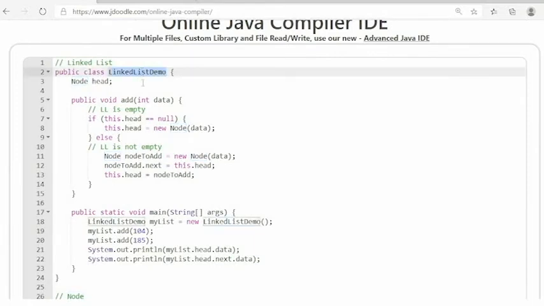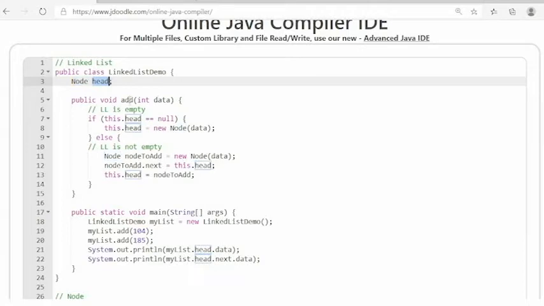Now this is the linked list demo. I have declared variables like head, and then I have created one method which is add. So if the linked list is empty, you check for null and then this dot head, the data we will put. But if the linked list already has data, it's not empty, then you have to iterate and find the next node. So I have to find the node to add,